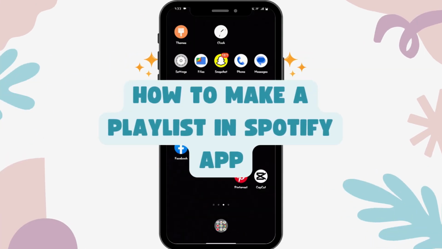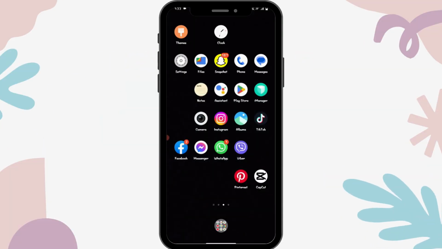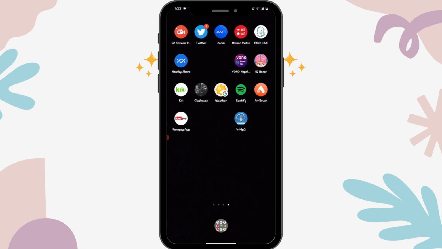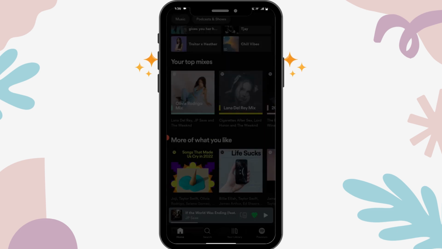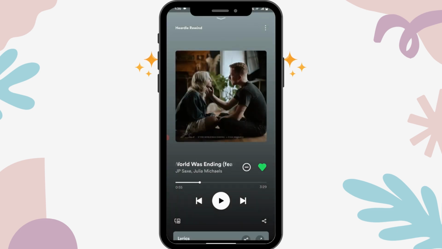How to make a playlist in Spotify app. So if you want to make a playlist in Spotify app, then first of all you have to open up your Spotify application, and after opening your application you have to simply choose a song that you would like to add to your playlist. So for example, I'll be choosing this song,